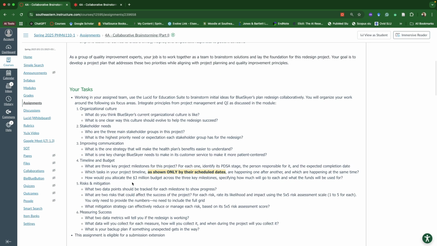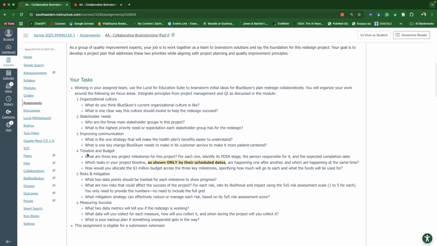Oh, I wanted to highlight this. In the timeline and budget, here, one of the questions says, which tasks in your project timeline, shown by their scheduled dates, are happening one after the other, and what are happening at the same time. This means that when you're answering it, you are not going to say this will happen and this will not happen.